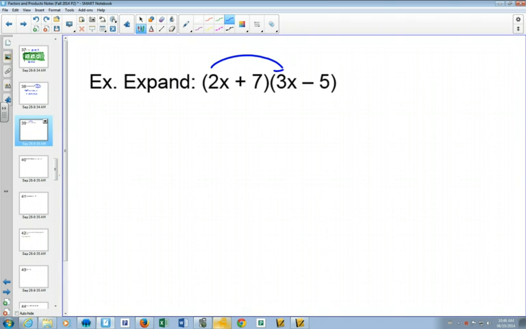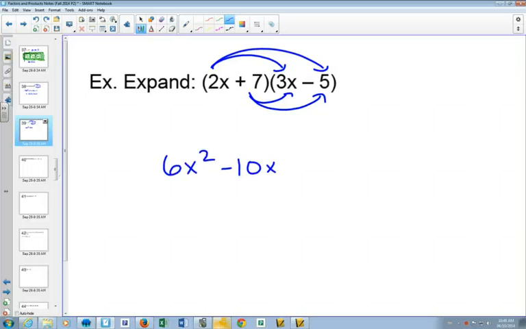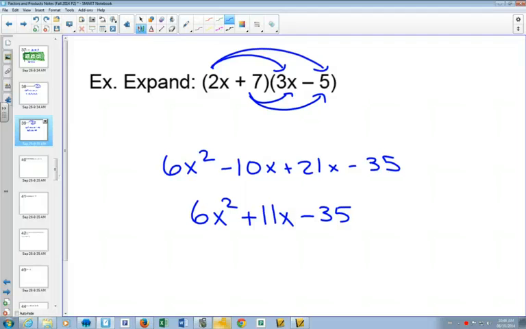All right, let's see how you did. 2x times 3x will give me 6x squared minus 10x plus 21x minus 35. 6x squared plus 11x, once I combine those like terms, minus 35. And the technique works out pretty good, and you always combine those outside and inside terms in the middle. And going from here to here, again, we use the acronym, we often just call it foiling, but mathematically